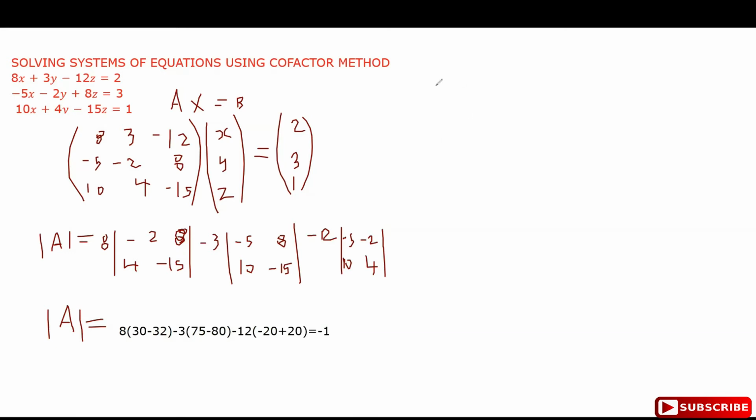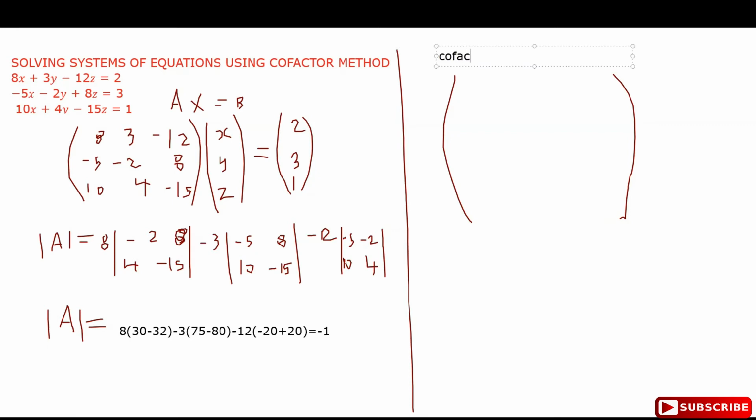Now what we need to do is find the cofactor matrix. It takes a lot of work to find a cofactor matrix. I put it big and clear. So to find the cofactor matrix, write it right here. This one is the cofactor matrix of A. The cofactor matrix is going to be equal to,